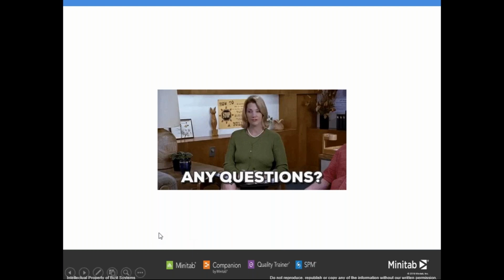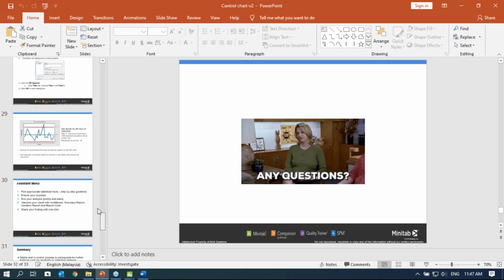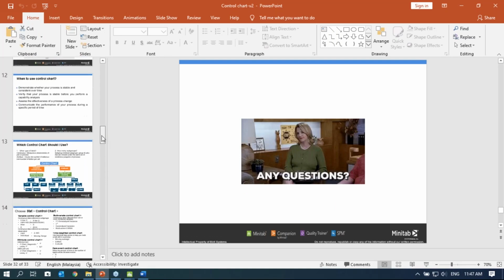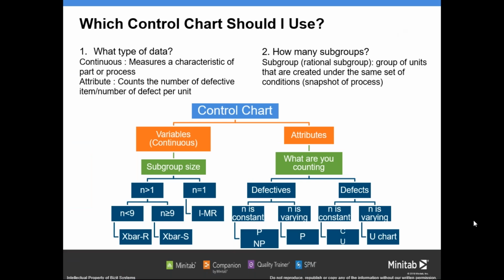If you don't have any question, I will just recap again what we learned in today's webinar. For the control chart, I will just stress on this portion only. Okay, so I will recap again the types of control chart before you decide which one is the best control chart for you. So you need to know what is the data type, whether variables or attribute chart. In variables, you need to consider the subgroup size. Let's say your subgroup size is only one observation each time, so you can go for the individual or moving range chart. Or let's say n is more than one, less than 9, so you can go for the